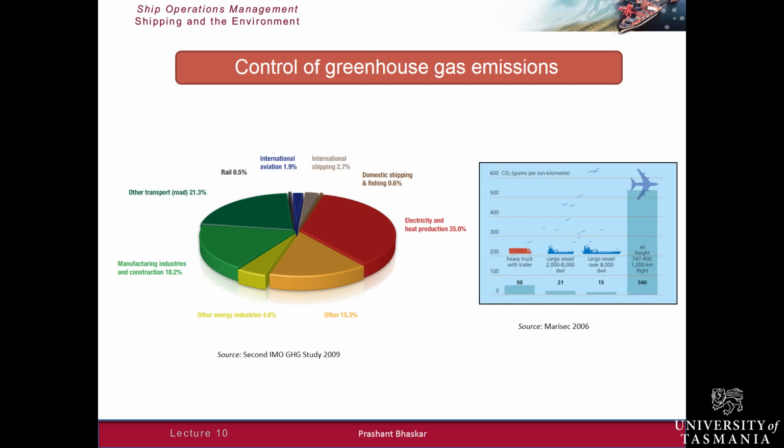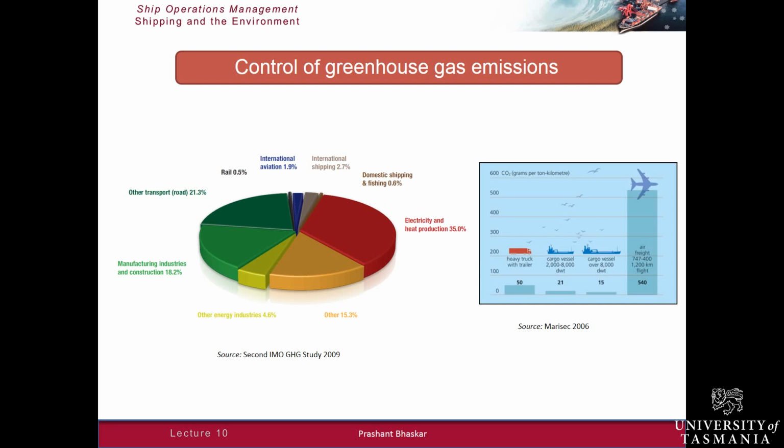And since carbon dioxide is the most important greenhouse gas emitted by ships, both in terms of quantity and its potential for other things, such as its contribution to perhaps warming of the globe, the study did identify significant potential for reduction of greenhouse gas emissions through both technical and operational measures, I should say.